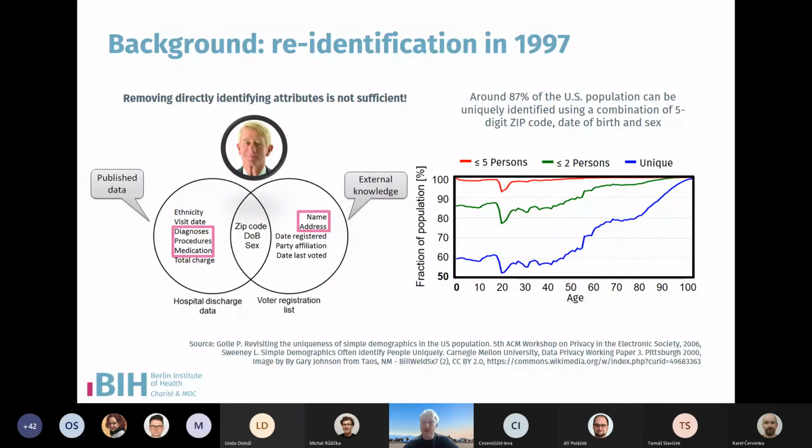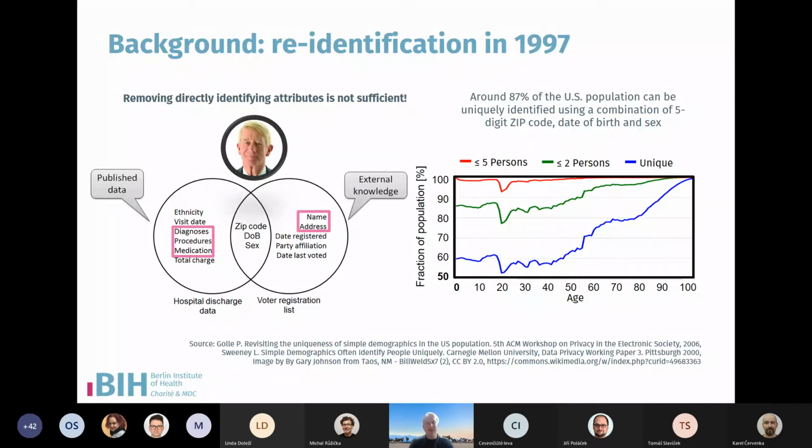And as mentioned, William Weld was one of the people really being supportive of this idea, and it was actually also implemented. So the Group Insurance Commission published these hospital discharge data sets. And here is an example of the attributes that were in the data set. So things such as the zip code, the date of birth, and the gender or sex of the patients. And in addition to this, some medical data, most importantly, diagnosis, procedures, medication, and also what was charged for this hospital stay. And what then happened is that William Weld actually collapsed